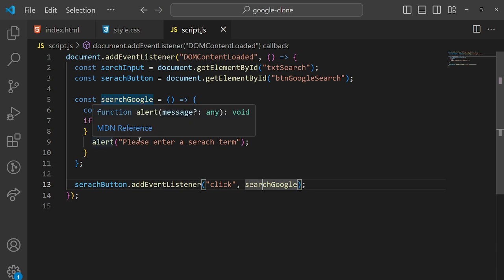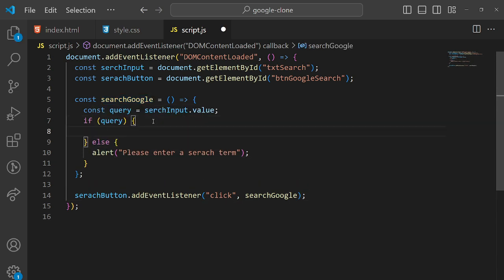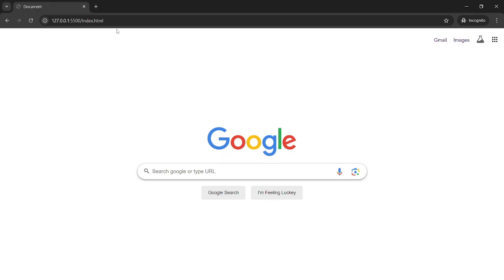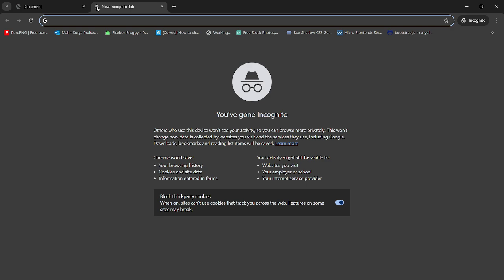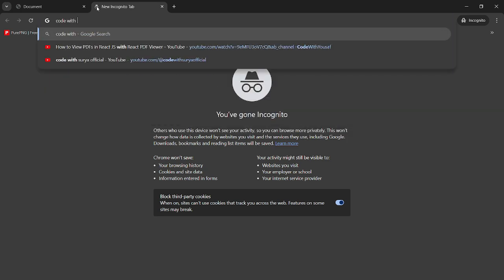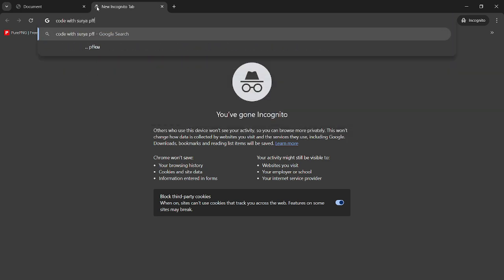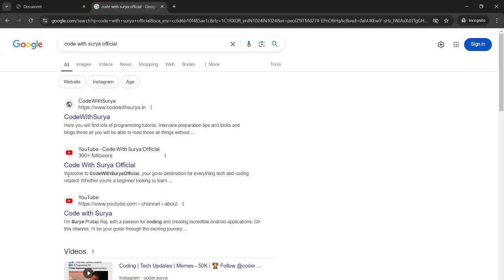So let's write the code for this if condition. So if the query is there, we need to search in Google. So for that, go to this browser and let's suppose Code with Surya Official. You can see in the browser it is searching this channel Code with Surya Official.